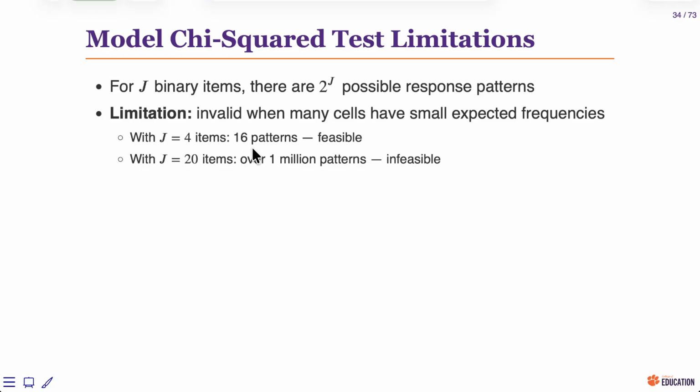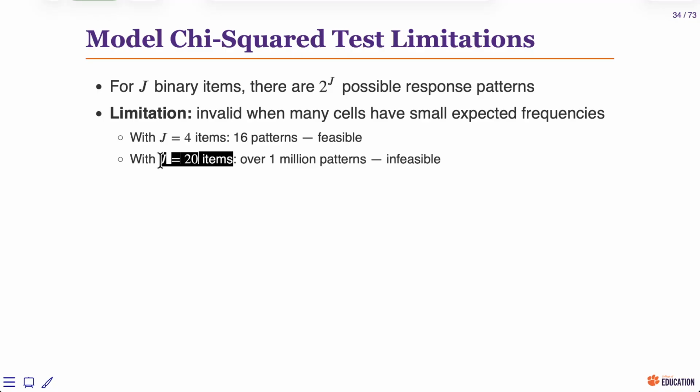With 4 items, we have 16 patterns. 16 patterns versus 144 observations, 142 observations, whatever it is, is a relatively good ratio. And in fact, if you look at the data, I believe there is at least one person with each pattern represented in our data. However, if we had 20 items, which is not a big ask if you're doing this with a survey or even a test,